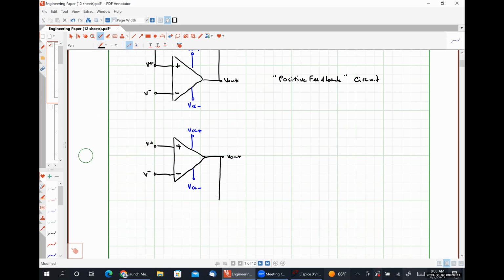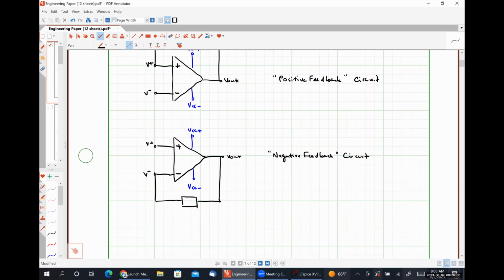And now we are going to have some component linking the inverting input terminal to the output terminal. And this is an example of a negative feedback